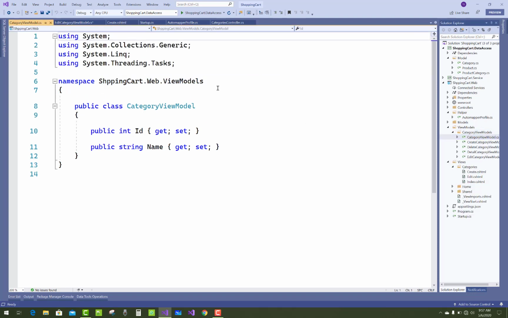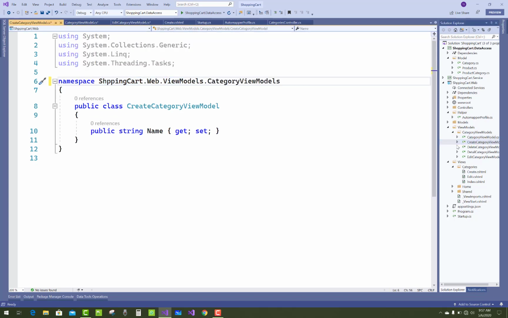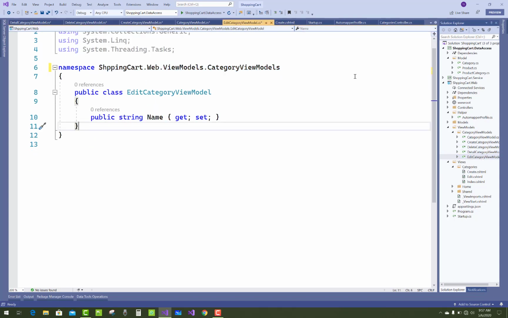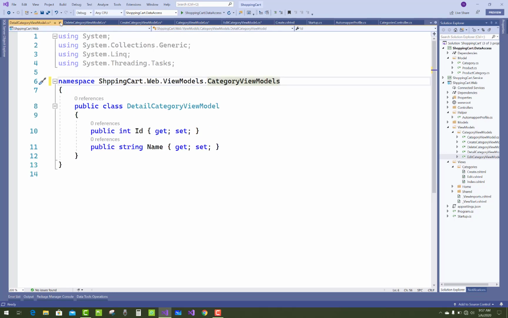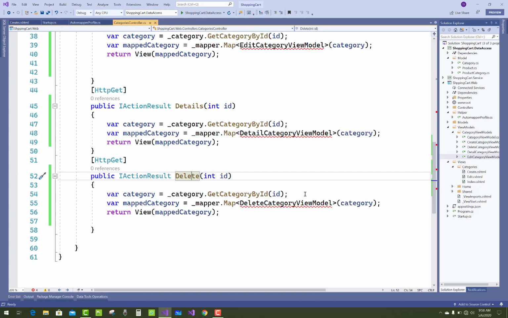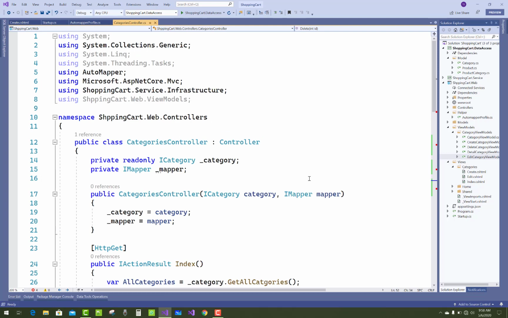Okay, so just edit here and here. Okay, that's fine. Now save it all and resolve all other namespaces where errors occur.